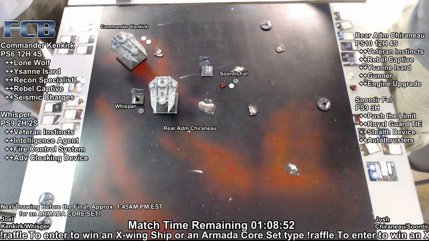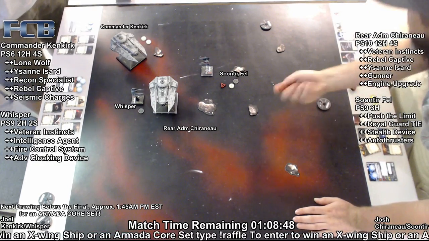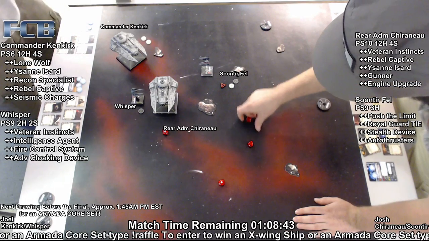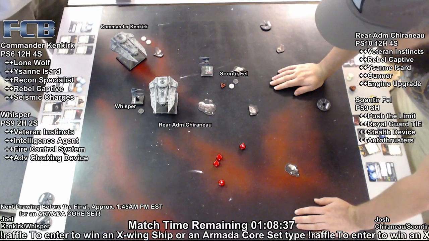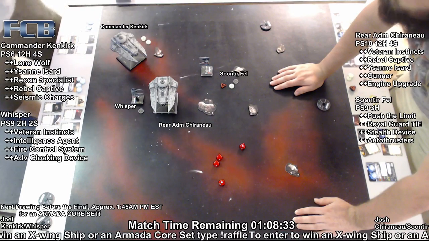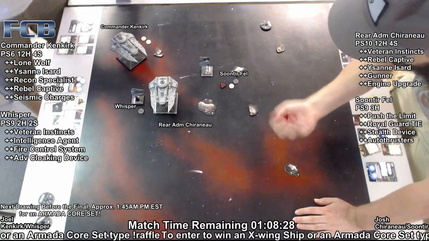So Shirano is going to boost right in front of Whisper. Shirano definitely an alluring target, except for that Rebel Captive that's going to mess up that advanced cloak device. All right, we have Rear Admiral taking a range 1 shot at Whisper. Is that a focus or an evade? I think it's an evade there. So it's going to be 2 hits versus no paint and...